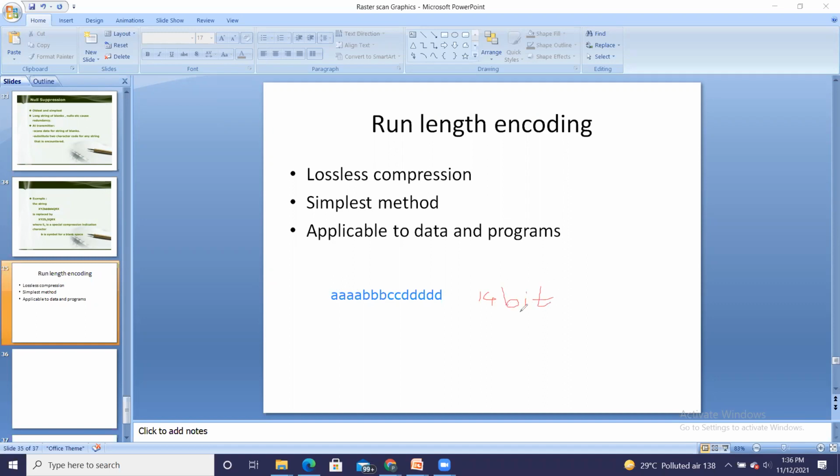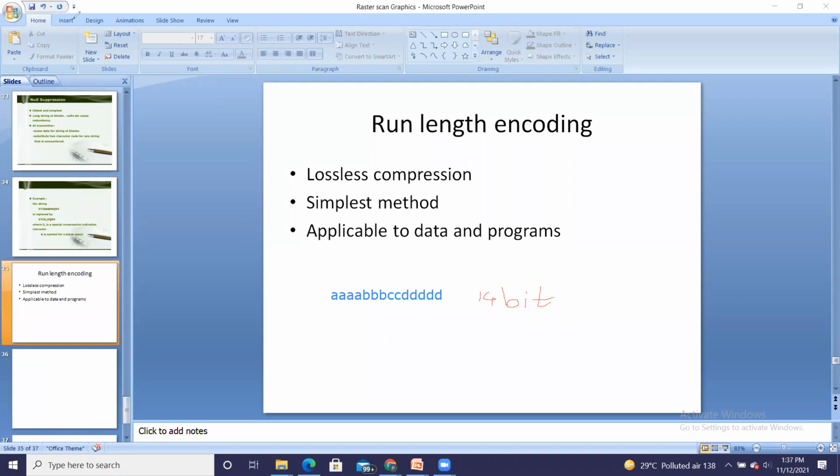That means if I want to transmit the length from sender to receiver, then I require 14 bits of size, which will be shifted from one computer to other, or one sender to receiver. Instead of that, if I apply run length encoding.